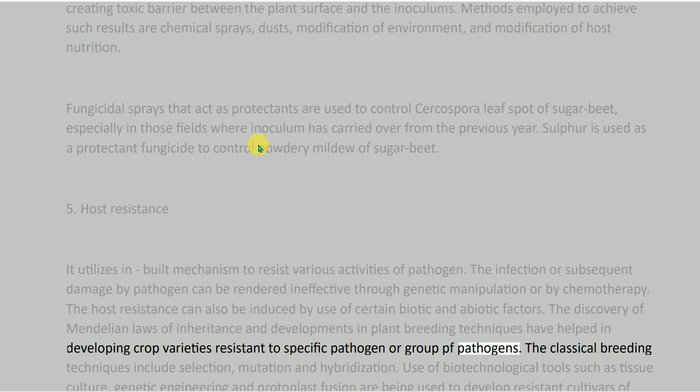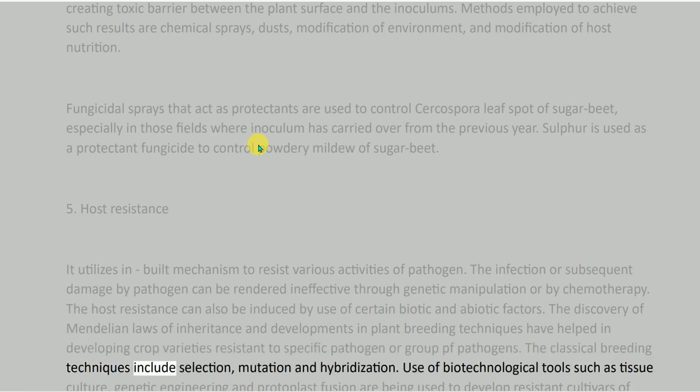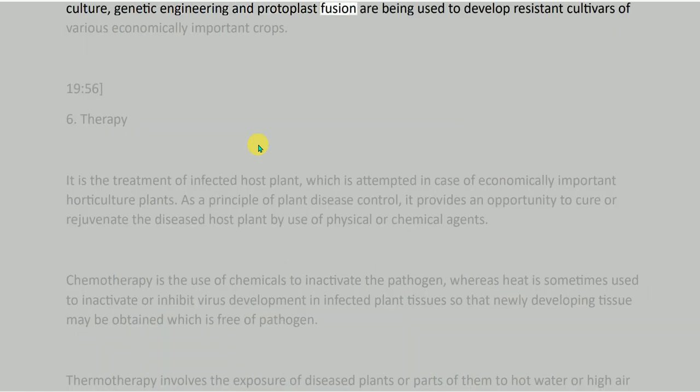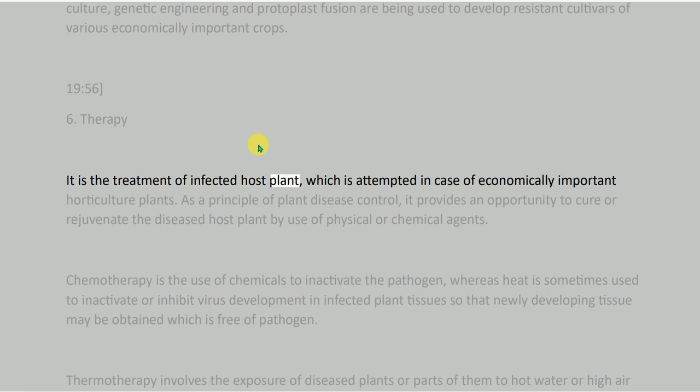The classical breeding techniques include selection, mutation and hybridization. Use of biotechnological tools such as tissue culture, genetic engineering and protoplast fusion are being used to develop resistant cultivars of various economically important crops. 6. Therapy. It is the treatment of infected host plants, which is attempted in case of economically important horticulture